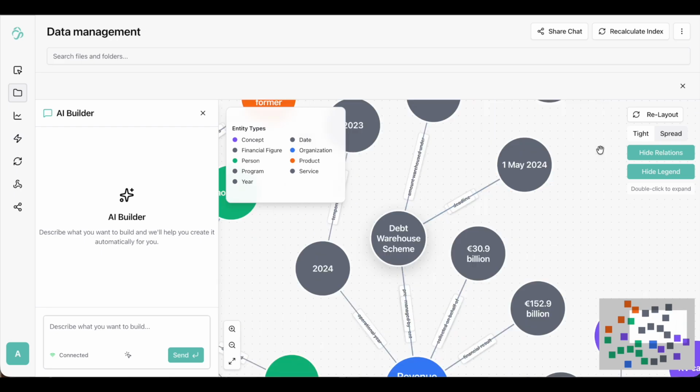Now let's talk to our data. You can do that by simply typing in the text box on the left side of your screen. And I'll ask a high-level question and let's